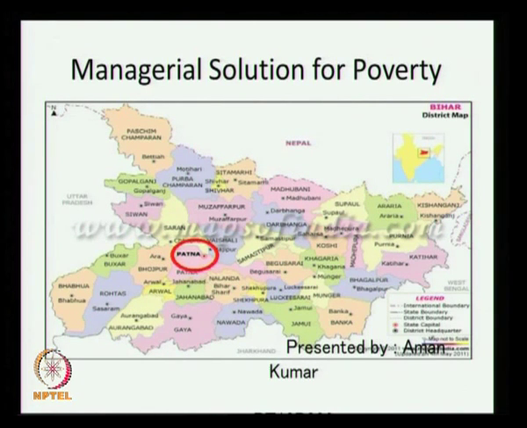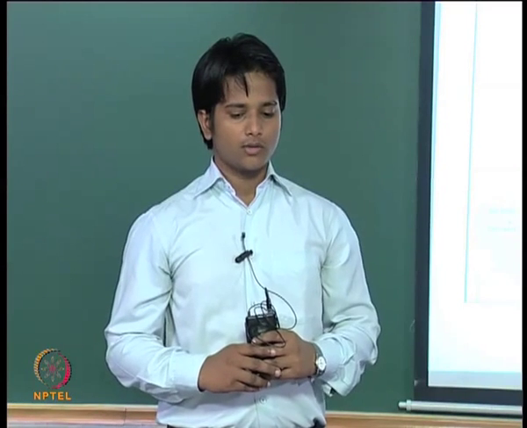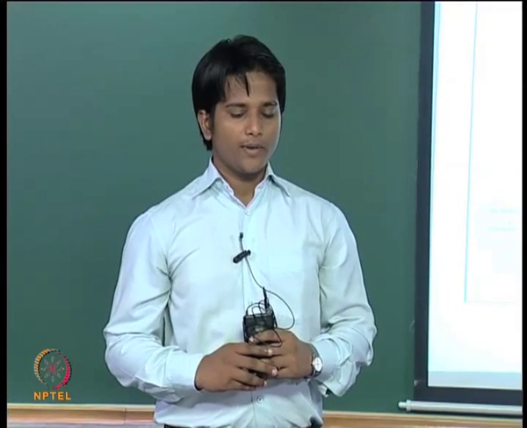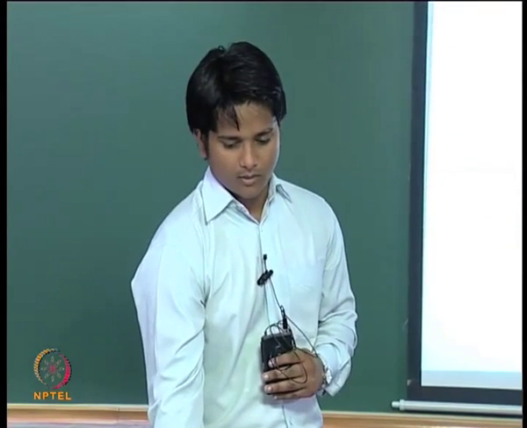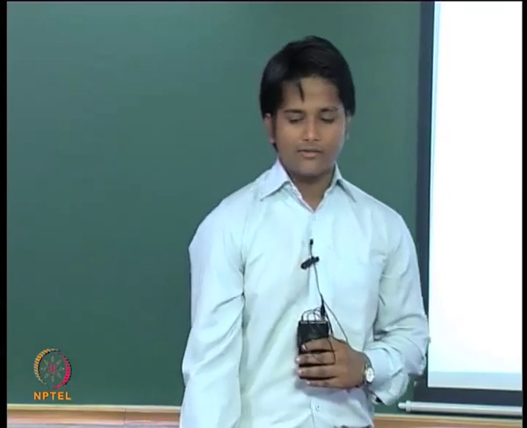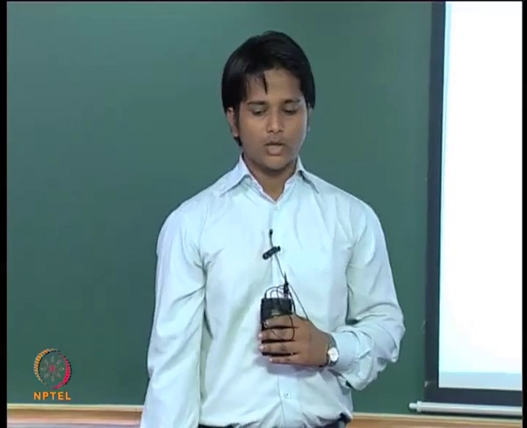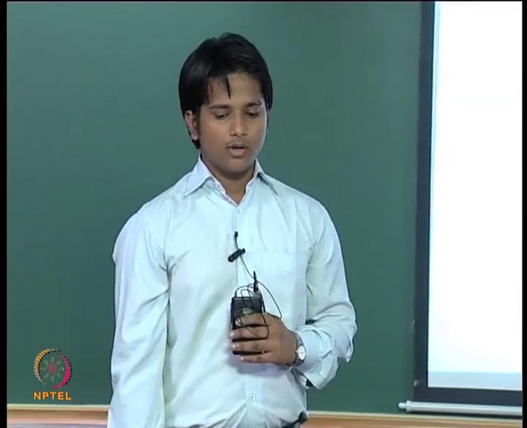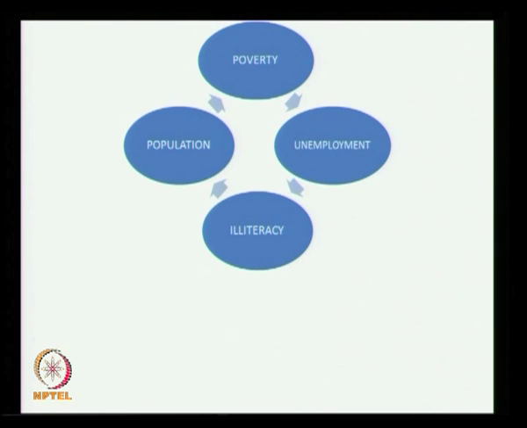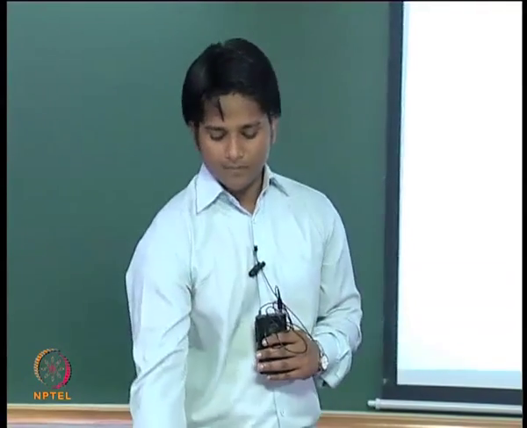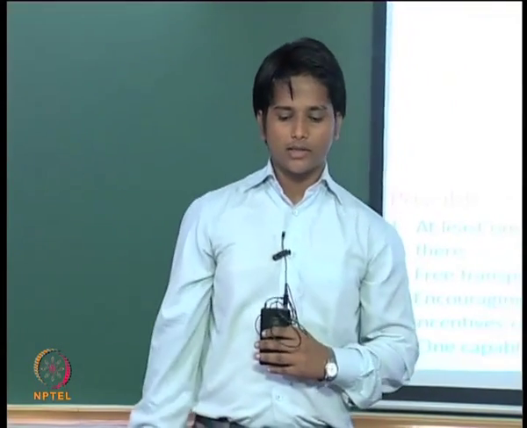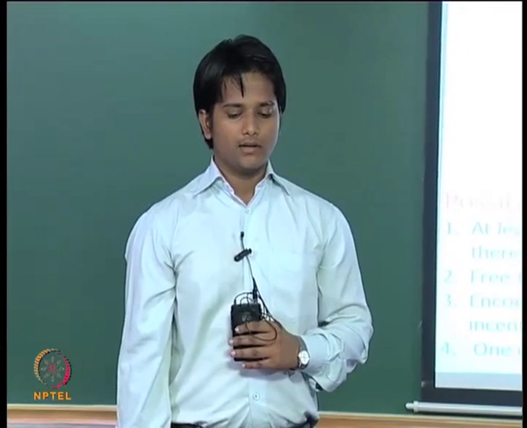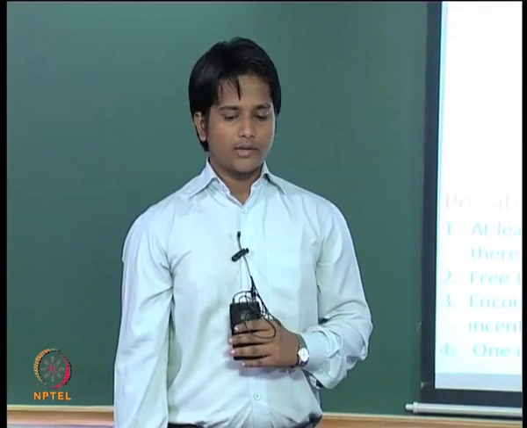Today I am going to talk about the managerial solution for the topic I dealt with in the last presentation, poverty. Poverty, population, unemployment, and illiteracy are all correlated with each other. So if we put a break at any of these stages, then we can in some manner eradicate poverty. At the population stage, we can encourage people to have two or fewer children by giving them some incentive